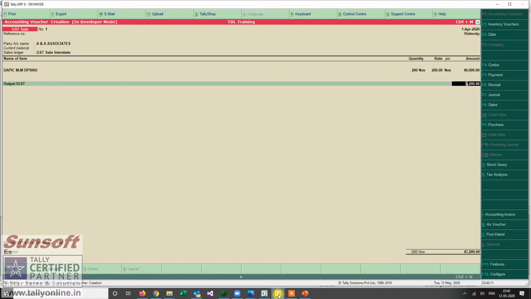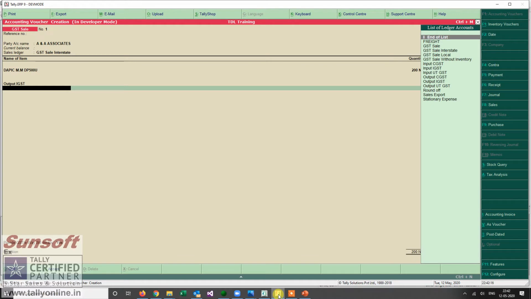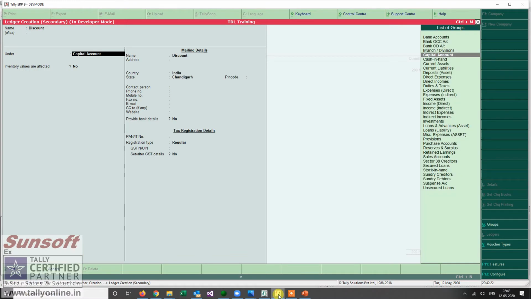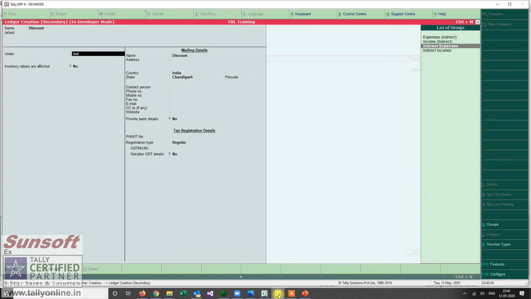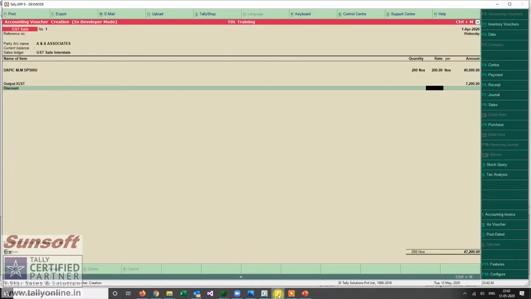Now if I want to offer any discount, let me create a discount ledger also. I keep it as an apportionment, so I give a 5% discount.